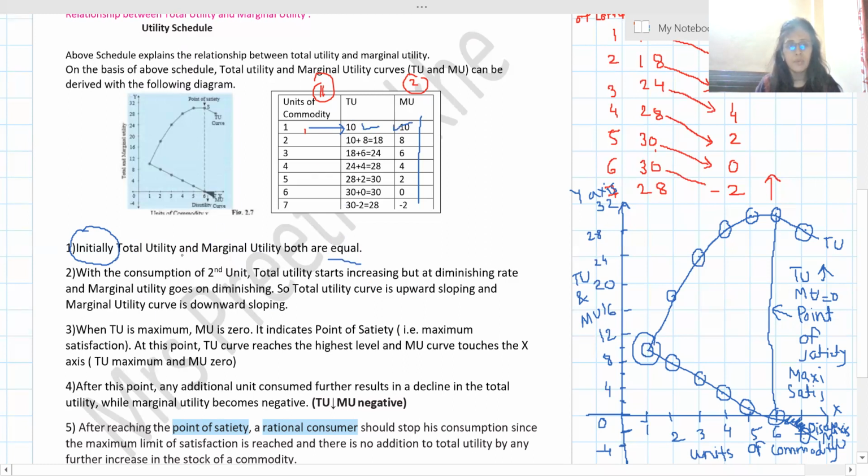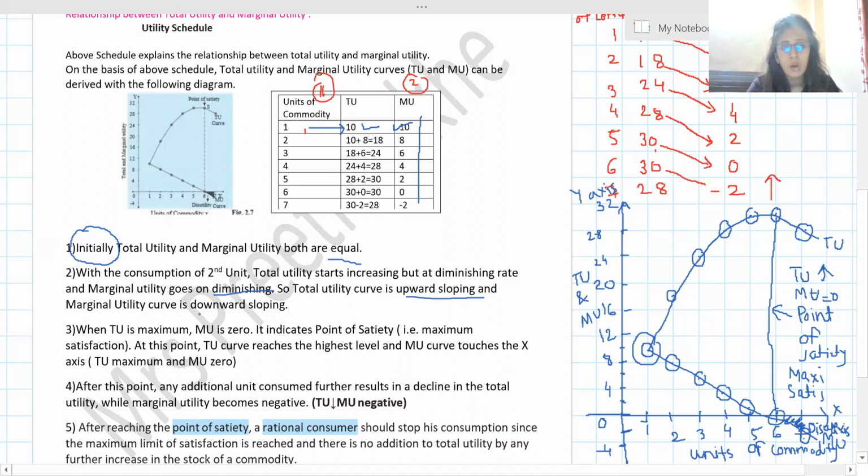Okay, then with the consumption of the second unit, now you see the TU, 10, 18, 24, 30, 30, 28, it's rising, it is not coming negative. So you can say that TU is rising, but at a, this sentence is very important. Whenever you say TU is rising, remember this, it is rising at a diminishing rate, and TU is upward sloping and